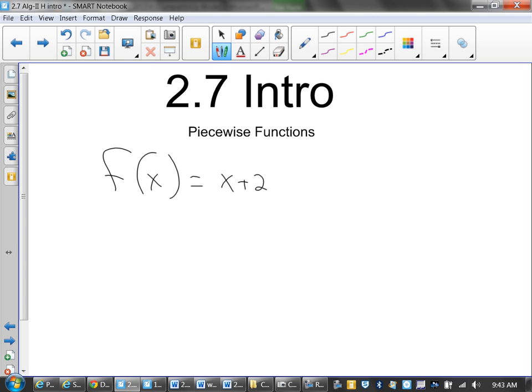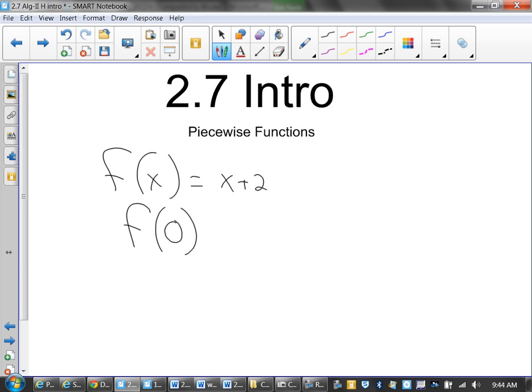What that is saying is that f of x, a function, equals x plus 2. One of the things that you can do, if you're using your calculator, is that f of x kind of means the exact same thing as y equals. What you're doing here is you're going to take some value,